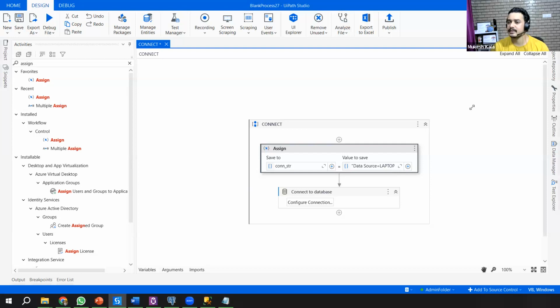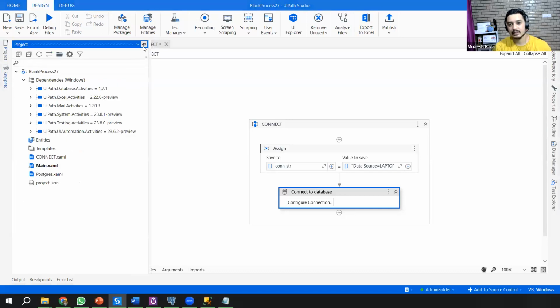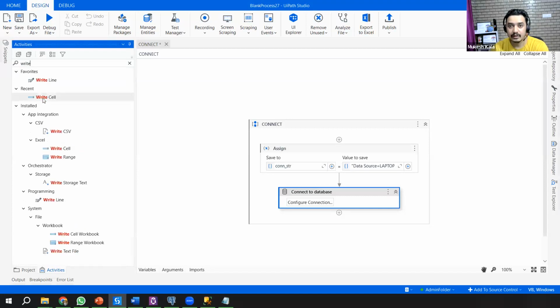Now one question arises: how would I know, when I was opening that window, it showed me 'test connection was successful'? If I'm working as a developer, before I write any automation, let's say I take some activities here, for now a Write Line.